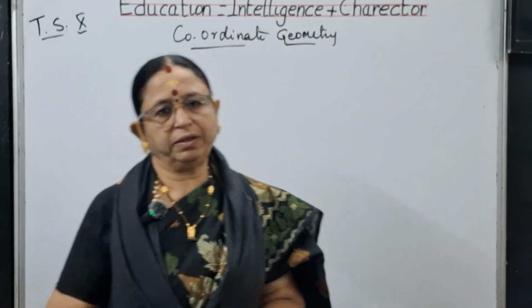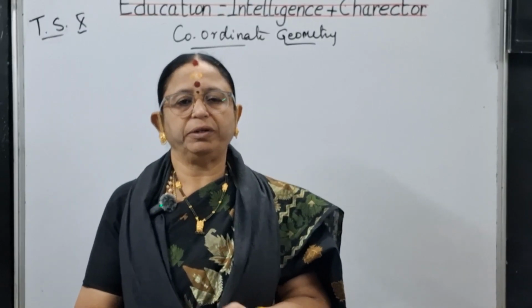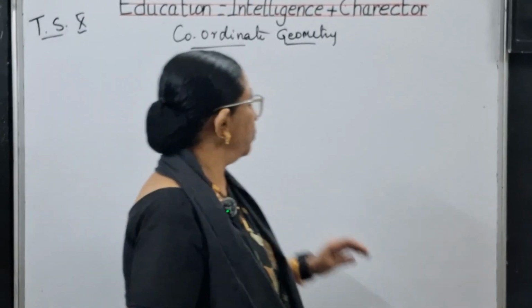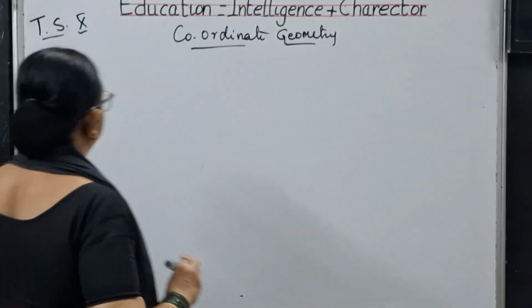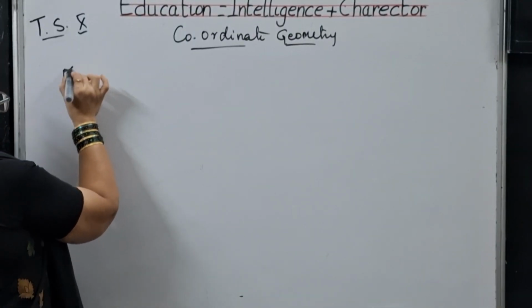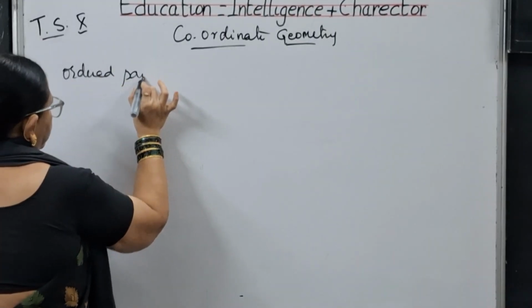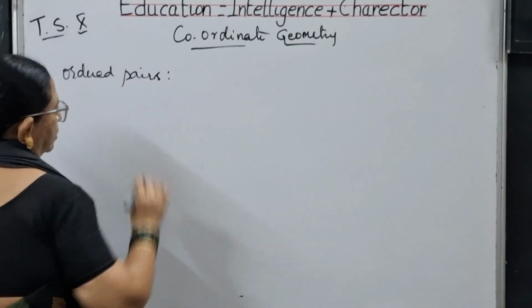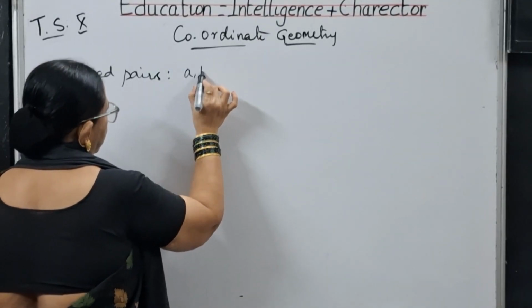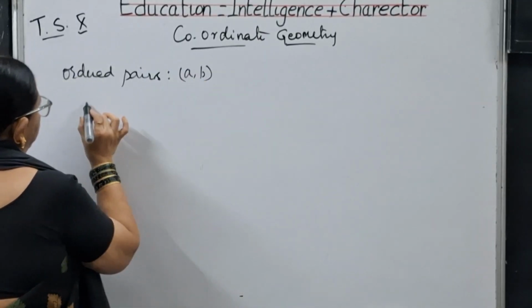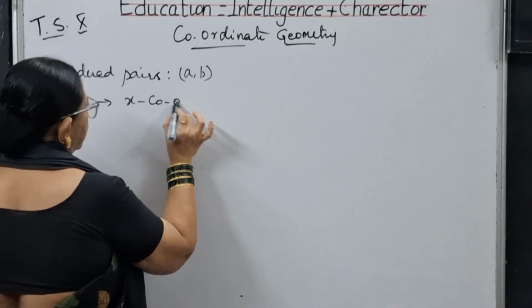Now I am dealing with coordinate geometry, a fresh topic. Now let us see what you have in this coordinate geometry. Mainly this coordinate geometry is dealing with ordered pairs. What are these ordered pairs? Generally we call it as A comma B, where A represents x coordinate